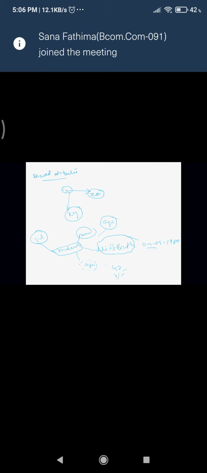I have to see whether it has been derived from ID, whether it is derived from the name, whether it is derived from the birth. Okay, from the birth date, the age has been coming from this particular attribute. That's why we call this a derived attribute, because the age I'm getting is reflected from this attribute. Seeing this diagram, you can see the entire concept. So this is about the attributes.